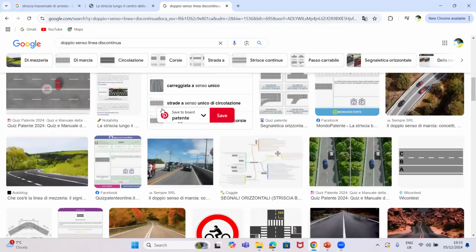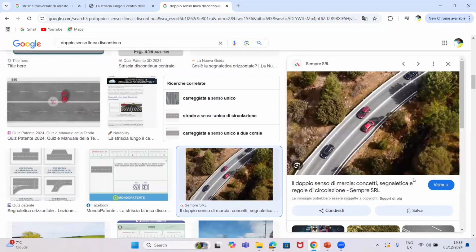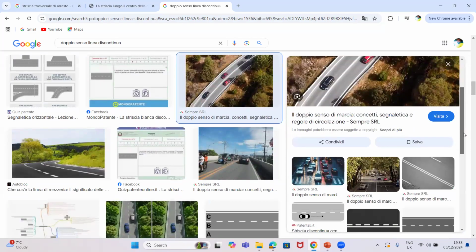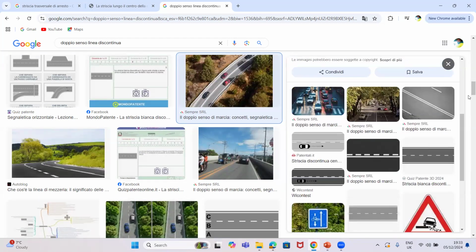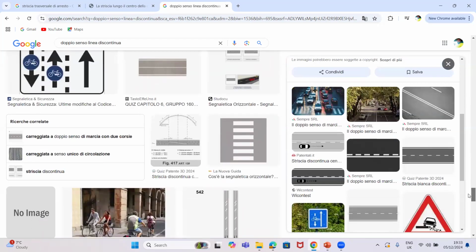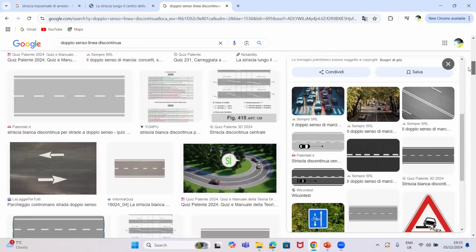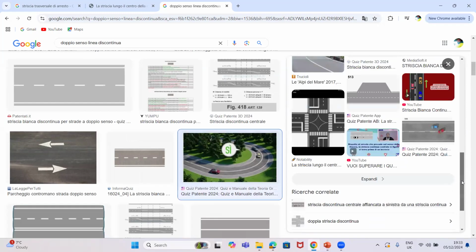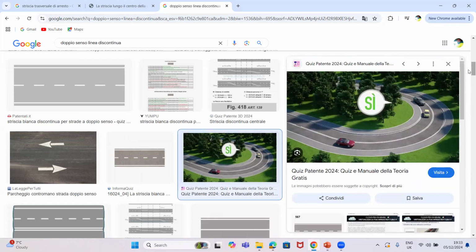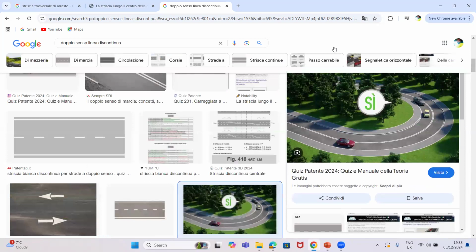This one is a good example, but we should not wait for the fine, because on that type of road there are many cars. Is it clear? I'm trying to show you why they say you can overtake there. When we come out from break, I'll show you a very good example, but this one is too clear. This one has a double continuous line. This is not the example I'm looking for. Okay, when we come out from break, I believe we will find something by then.